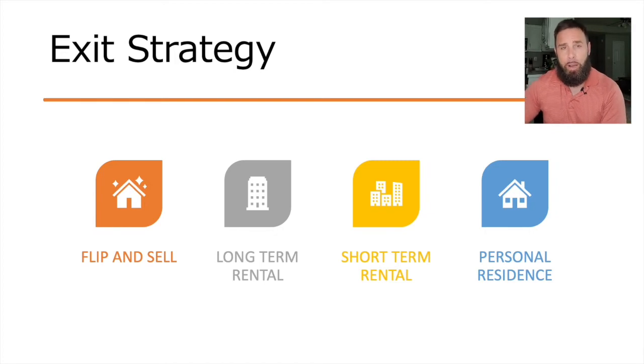This is not as common in subject to, because in general, the properties that we acquire subject to have little equity. So in order to flip a property and sell it, you need a good amount of equity, maybe $50,000, $80,000, $100,000, so that you can put money into the property, still pay off closing costs and all those fees to be able to make a profit. When buying a property subject to, in general, there's little to no equity, and that's how we're able to acquire the properties. And what I mean by equity is the spread from what the property is worth. So let's say a house is worth $200,000, and let's say that these sellers owe $190,000. Well, that's only $10,000 of equity.